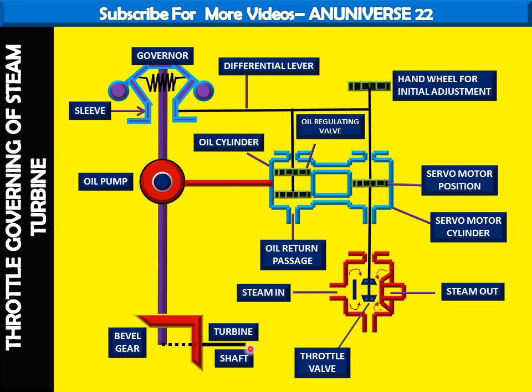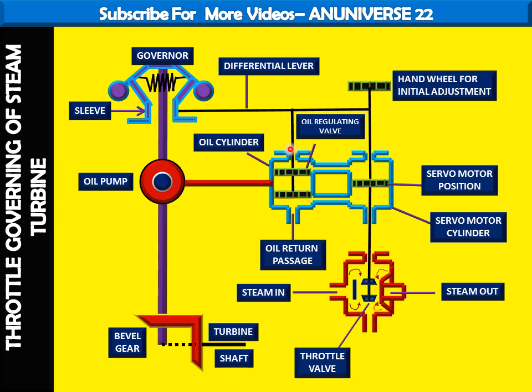When the load on the turbine is reduced, in that case the turbine will start to rotate at a speed greater than full load speed, as the energy supplied is the same. So the turbine is rotating at a very high speed when the load on the turbine is reduced. Due to it, the flyballs on the governor expand outward and the sleeve moves upward, and due to upward movement of the sleeve, this differential lever moves upward,